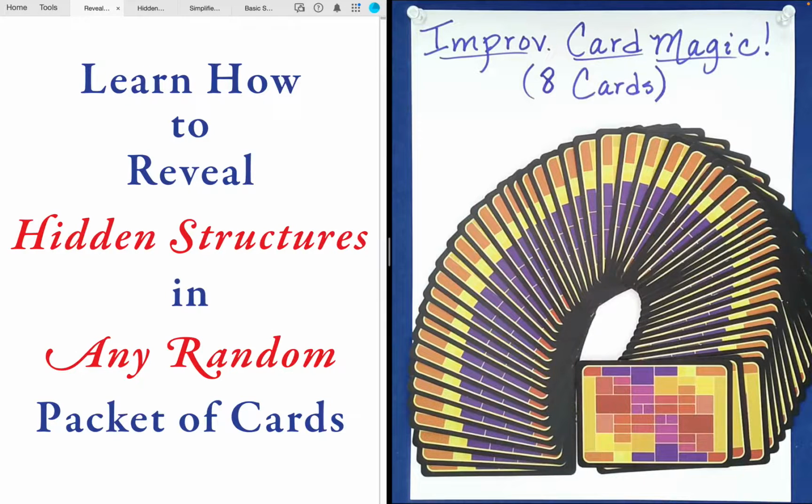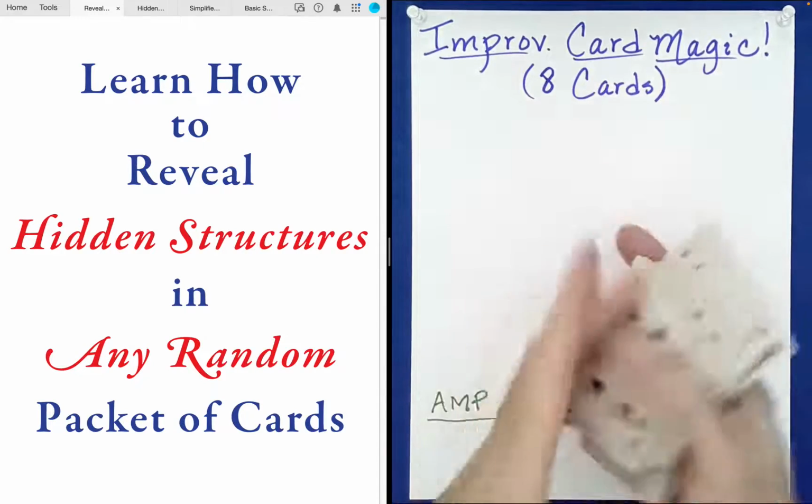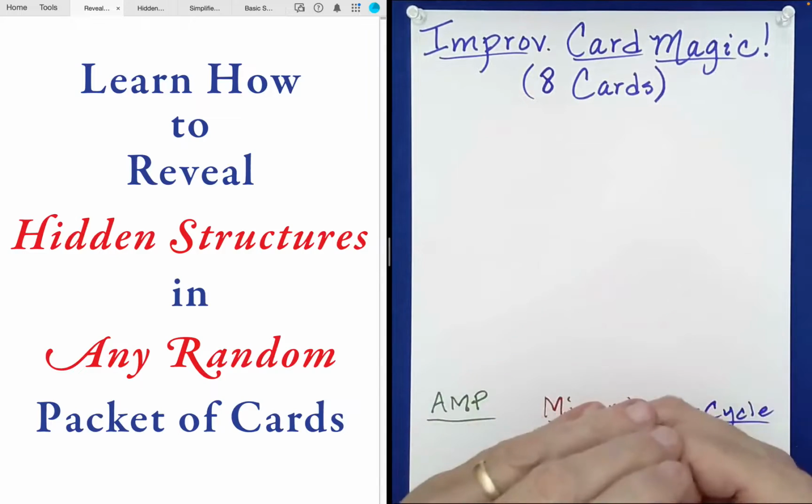This is our third video in our series devoted to Improv Card Magic. Today we will be looking at 8 card packets. I've already shuffled the deck quite a bit, but we can go ahead and give it a couple of